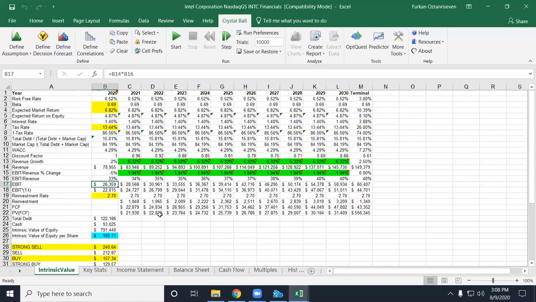Basically, this calculation is automatic. Beautiful. There's nothing I need to do here. Row 18, I don't need to do anything here. Automatic calculations. And then reinvestment rate. Let's calculate the reinvestment rate for